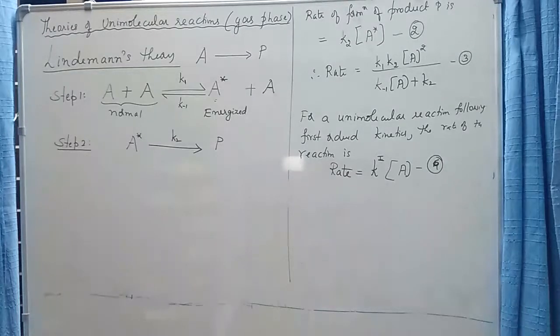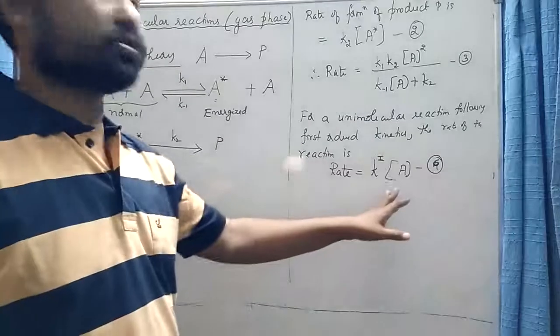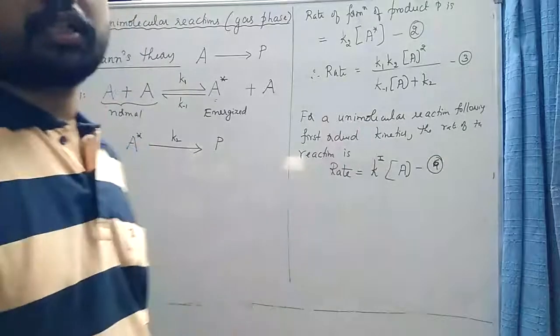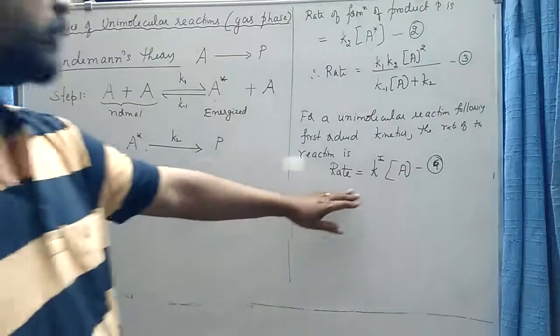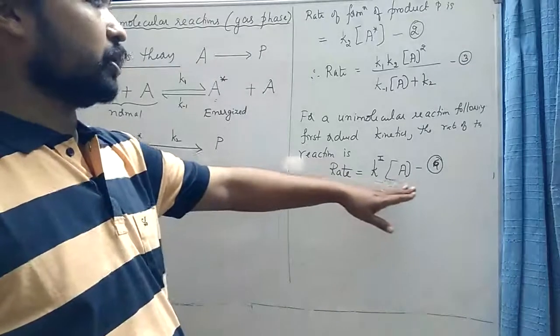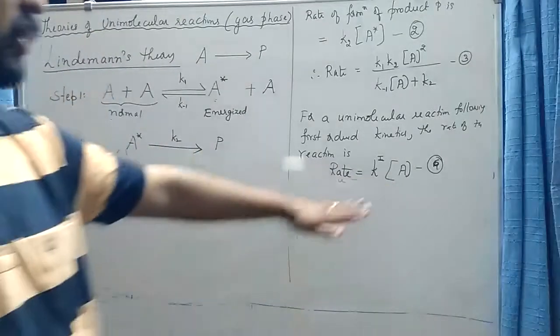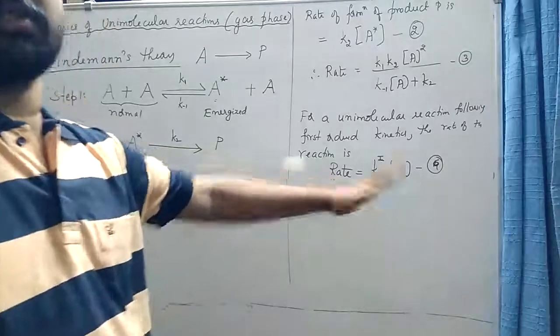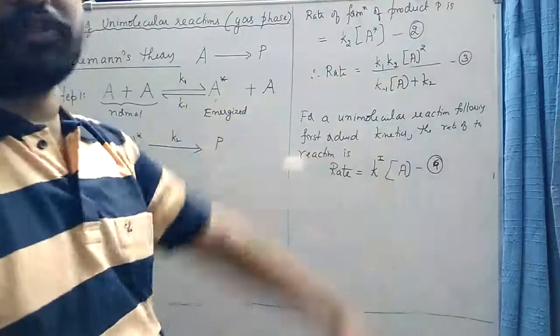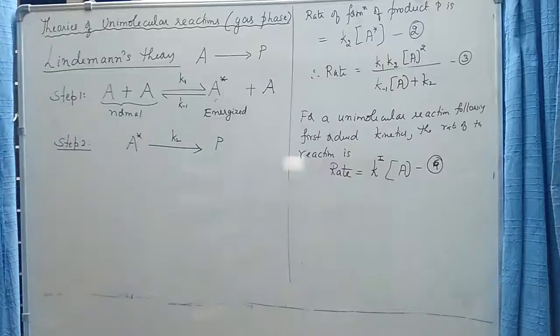Okay, so according to Perrin's theory, the unimolecular reaction should be following very simple kinetics given by this equation: rate is equal to K1 into A, equation number 6. And what we want to prove is that this equation is not correct. This is not consistent, and this is the correct way of expressing the rate of a unimolecular reaction.